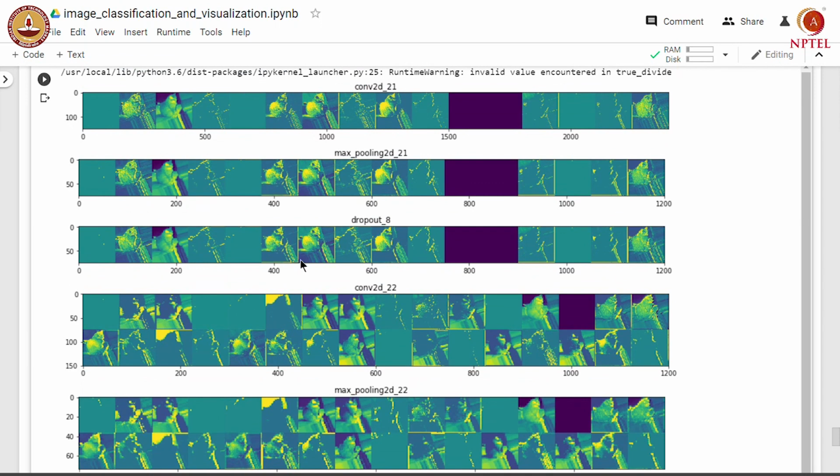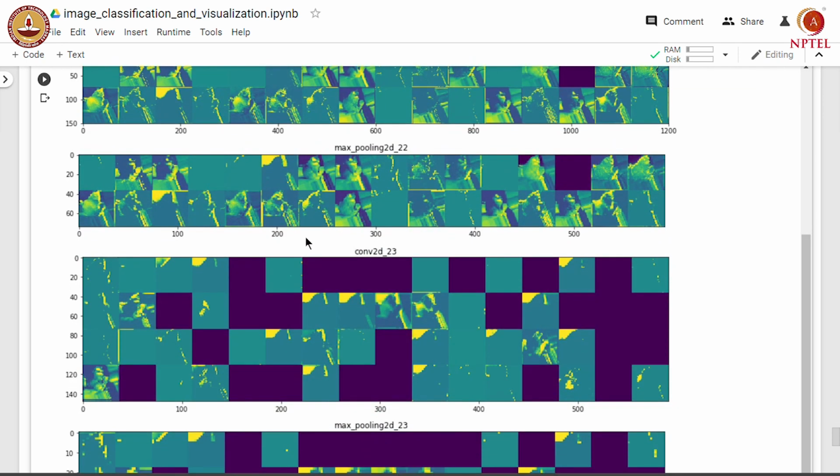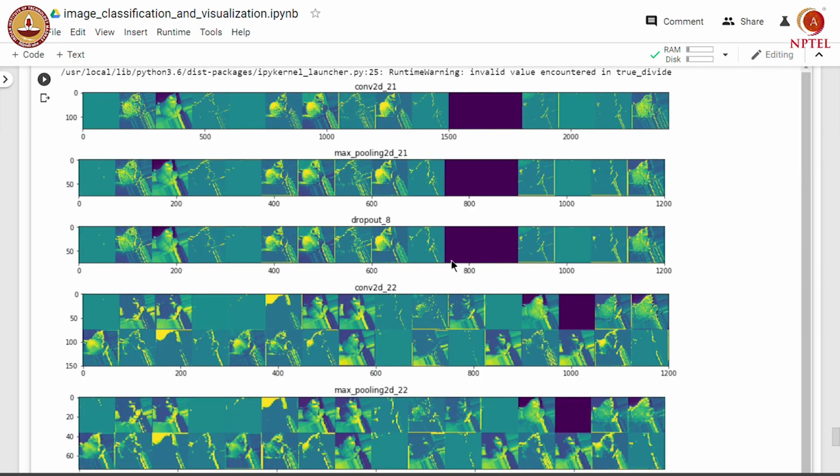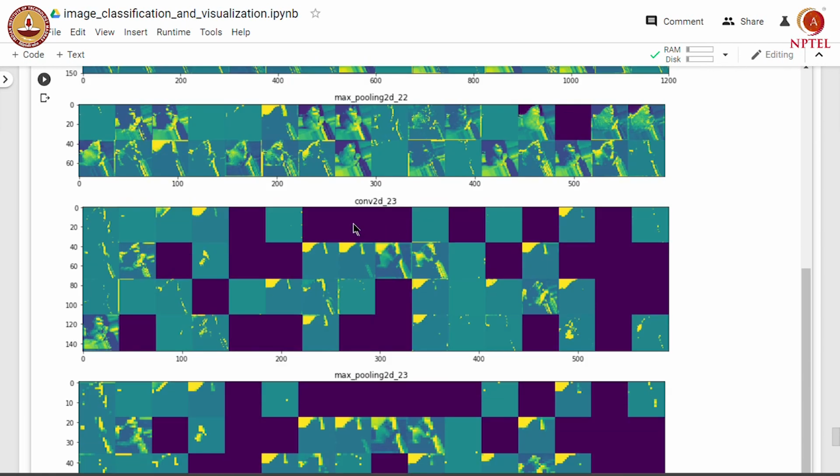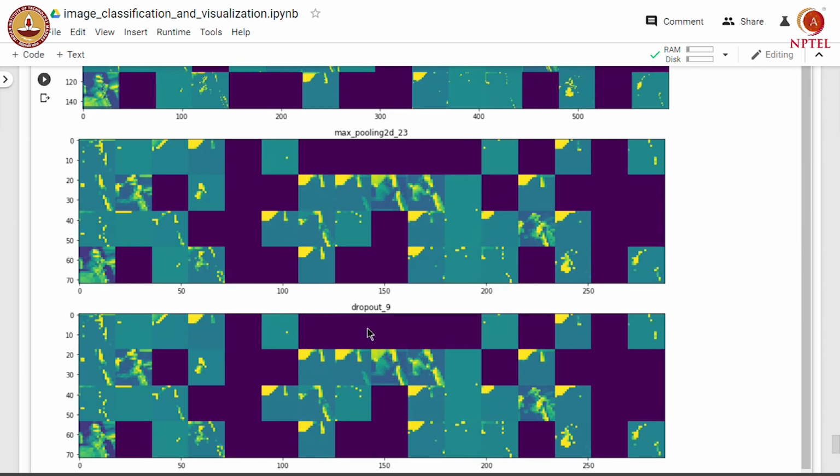So, now you can see that the first convolution layer seems to be detecting edges, and as we go deeper and deeper in the network, we are detecting different kinds of features from the images. We can see that there are a lot of empty spots after the second convolution and max pooling operation.